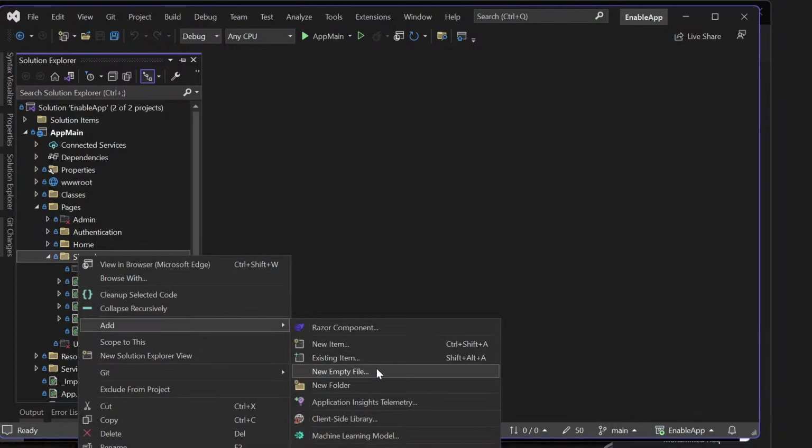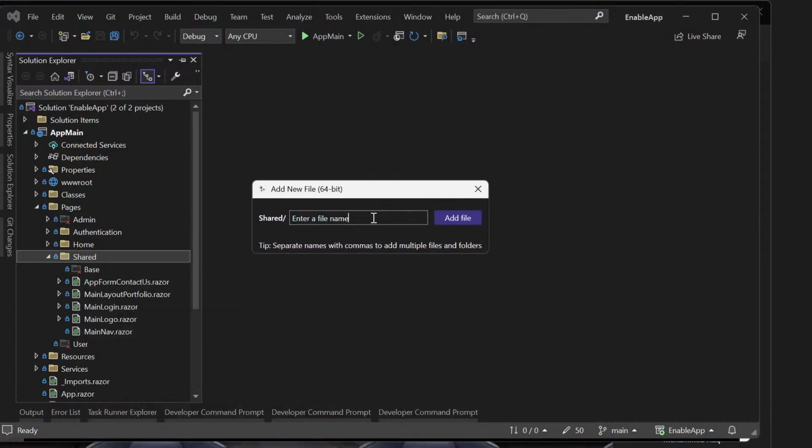I use Mads Christensen's add new empty file. So this is a third-party plugin for VS 2022, which seems kind of crazy if you think of how good this thing is that they don't roll it in, but